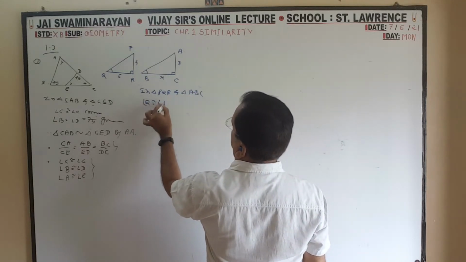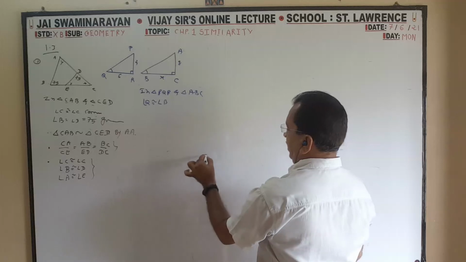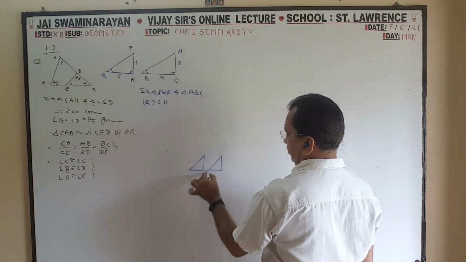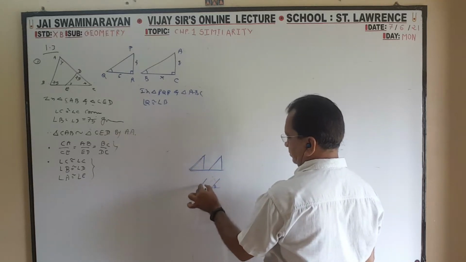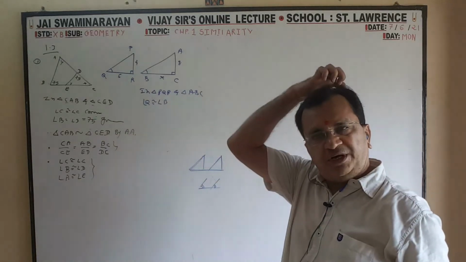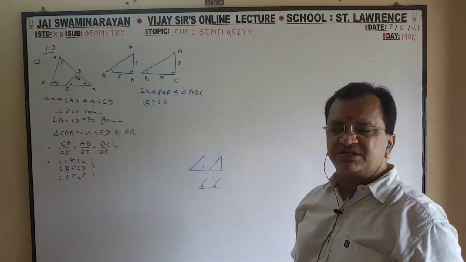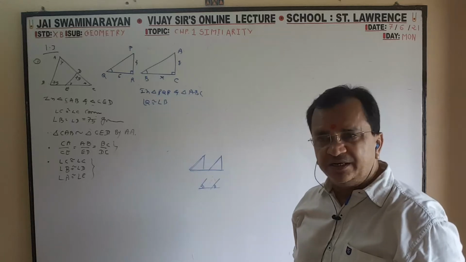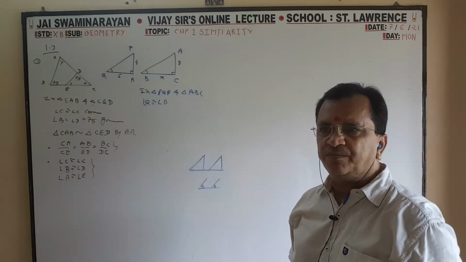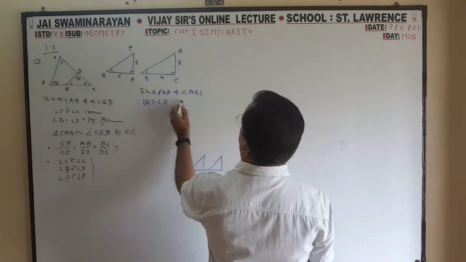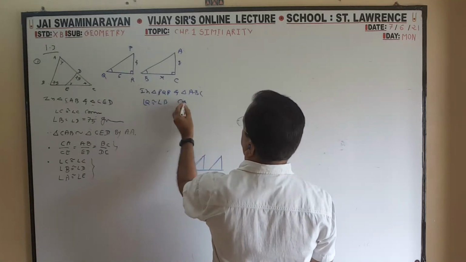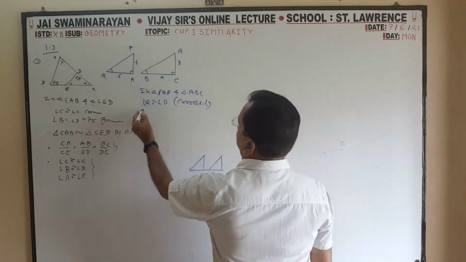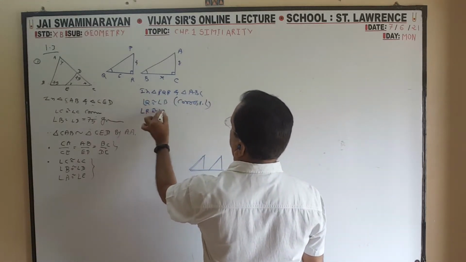Angle Q is congruent to angle B. See, when F forms, that is corresponding. F means corresponding, Z means alternate, X means vertically opposite, Y means adjacent, linear. Follow? So this is corresponding angle, and angle R is equal to angle C,